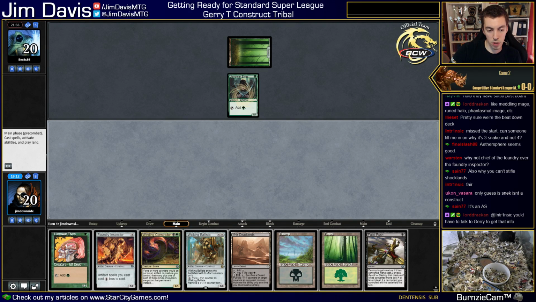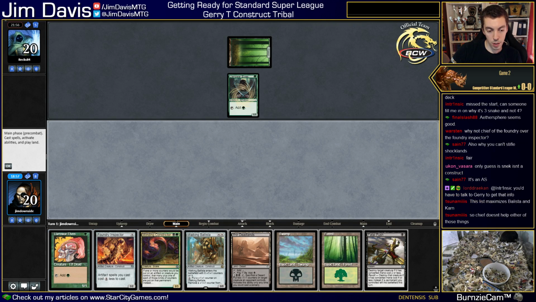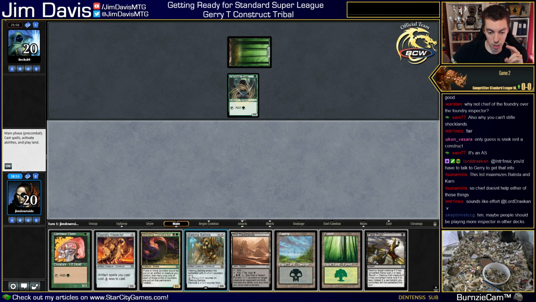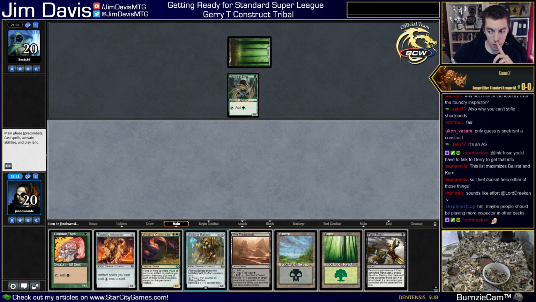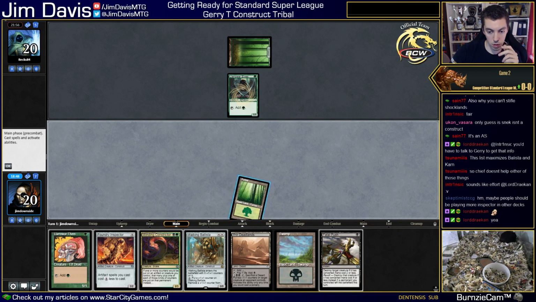Turn 2 Constrictor Ballista. No, it doesn't work. It needs the 3rd piece. So turn 1 Elf. Turn 2 Inspector. Turn 3 we have 5 mana. So 2 and 3. 2 and 2. Huh. We're not going to push this Elf, so...